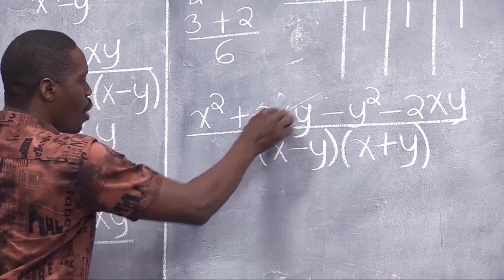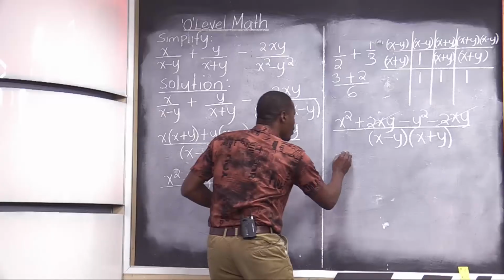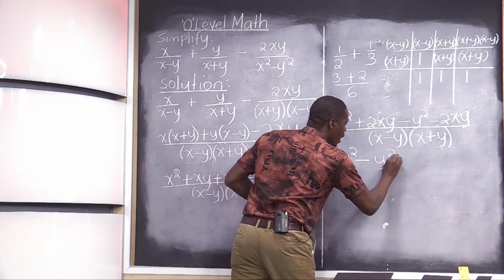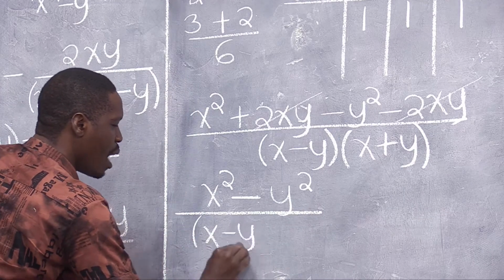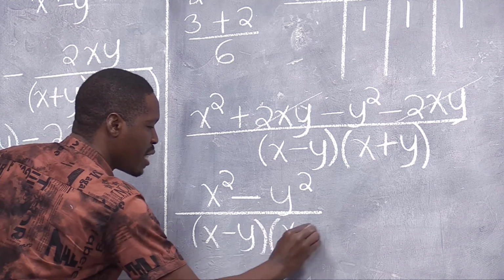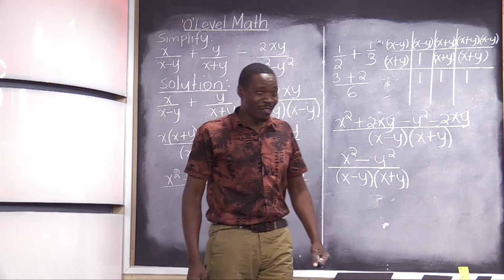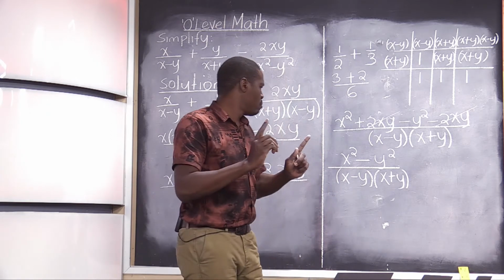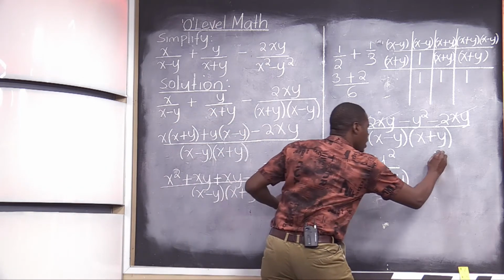So the 2xy and the negative 2xy cancel, and we remain with x squared minus y squared all over x minus y into x plus y. Mr. Examiner, sir, we are trying with your number. But again, remember, Mr. Examiner, sir, we recall. What do we recall? Recall,